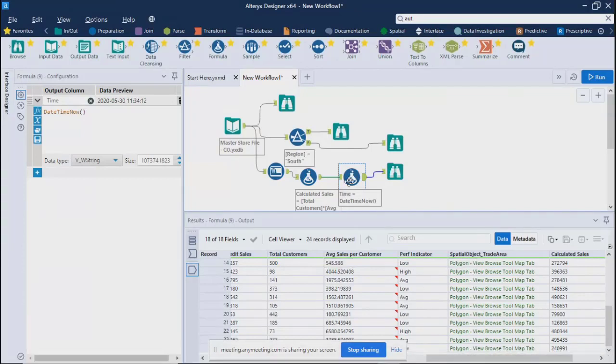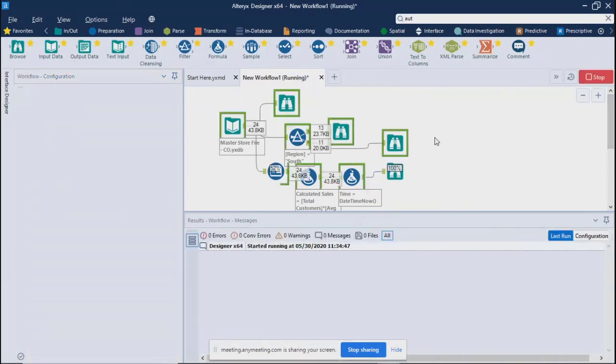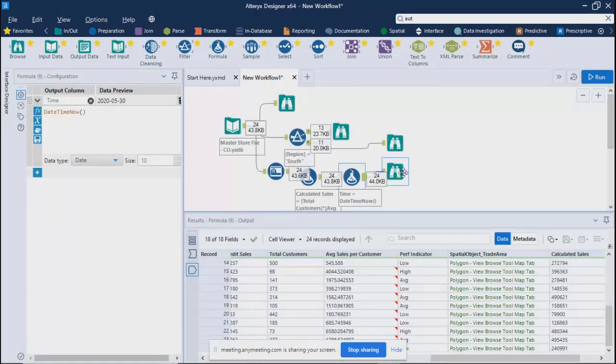Okay. But the best practice will be, as soon as you drag, you need to define the data type. If you don't do that, later on in the downstream process, you will have to change this data type, because by default it adds everything in V underscore W string. So let's say if I say date and run this, you are going to get date in this column.